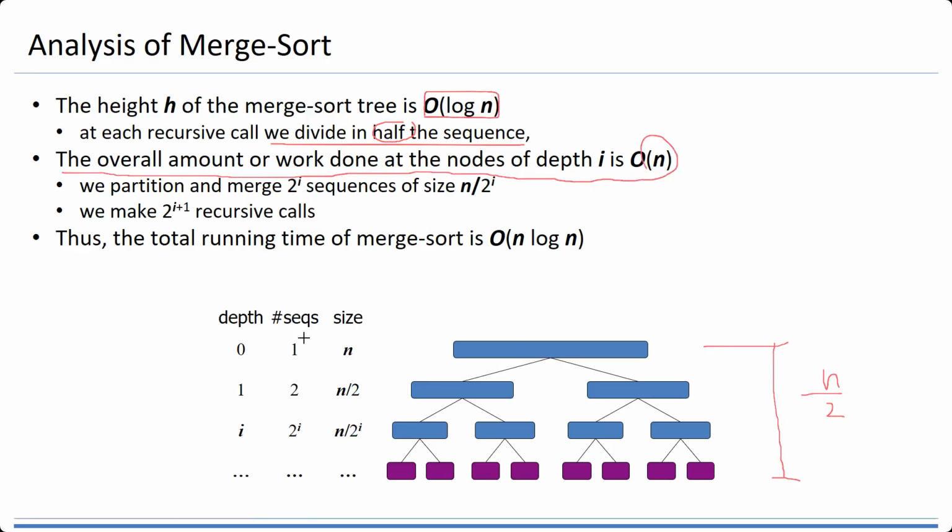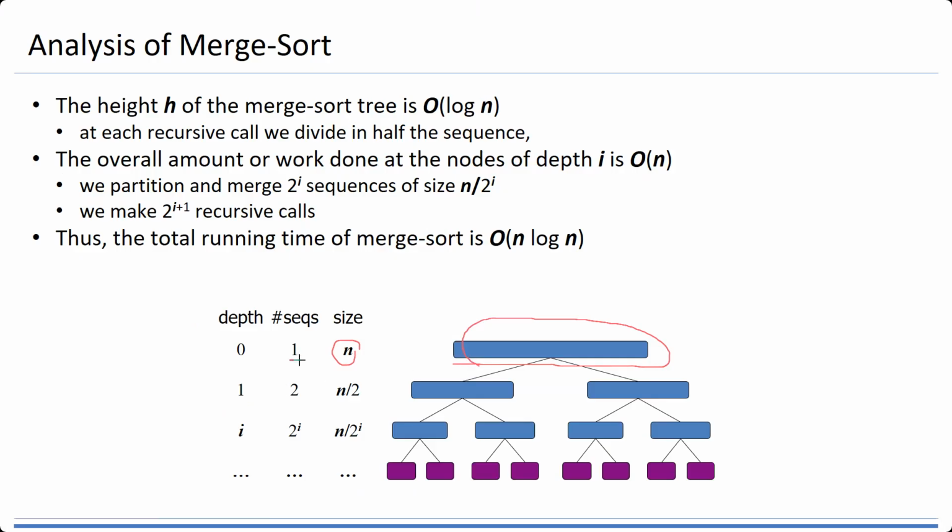So it means for this operation, it will be n times. If you look at S1 and S2 at this position, it will do n times because we will check every data. We partition and merge 2 to the power of i sequences of size n divided by 2 to the power of i. So we make 2 to the power of i plus 1 recursive calls. So it means if we do this one for n times,